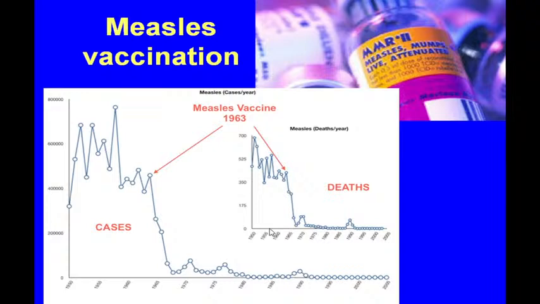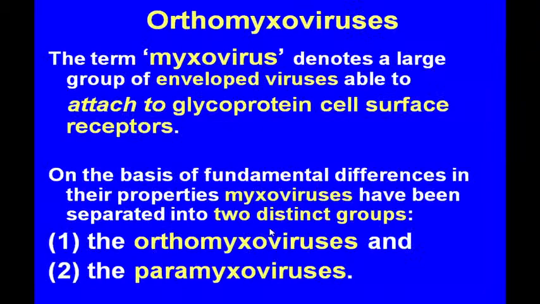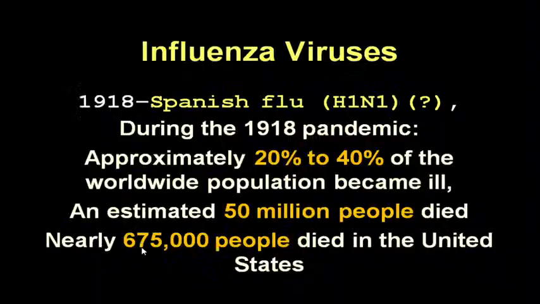And with this, I would like to finish for Paramyxoviruses. And you will learn some more about some more myxoviruses when you read the text. And this is just an example. So we shift to orthomyxoviruses. So they are also myxoviruses and come from the mucous membranes. And in there we have just influenza virus. But then you know that influenza virus is a virus that is able to cause epidemics and pandemics.